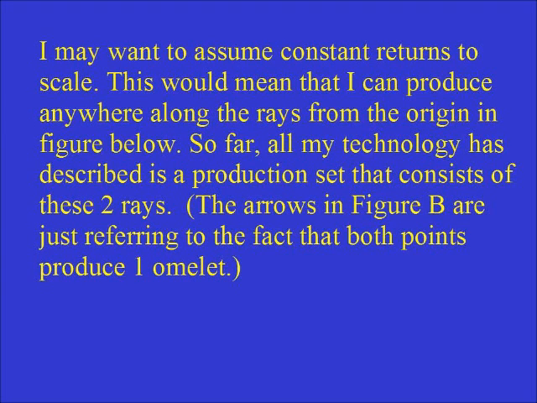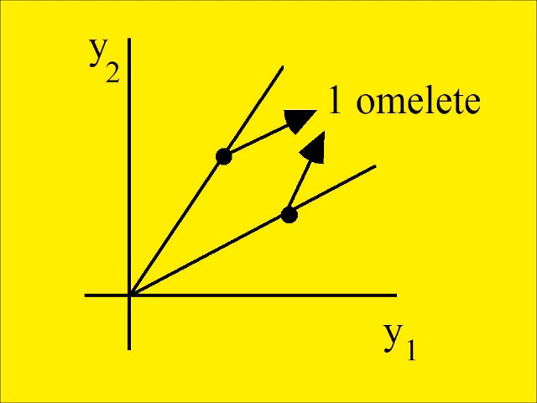In figure B, the next slide, don't be concerned with the arrows. All they're doing is pointing to the fact that each of the points produces one omelet. The arrows aren't part of the graph. It's just like figure A above, but we're adding the rays from the origin. As I said above, I take the point from the origin and draw a ray that goes through each of the points, and anywhere along that ray I can